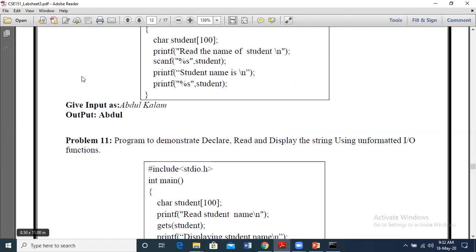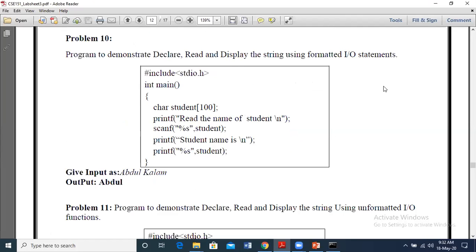The second part of module 3 is strings. In this, we just started with the basic concepts of strings. I had asked you all to watch the video. That is mandatory. I have explained the concept of strings in detail in strings part 2 and 3 especially, including the initial concept of string, what is the meaning, how to take input, the type of functions, right? And also all the problems starting from problem 10 in lab sheet 3 are for strings. So I've explained that. Please watch both the videos. It is mandatory to watch them.